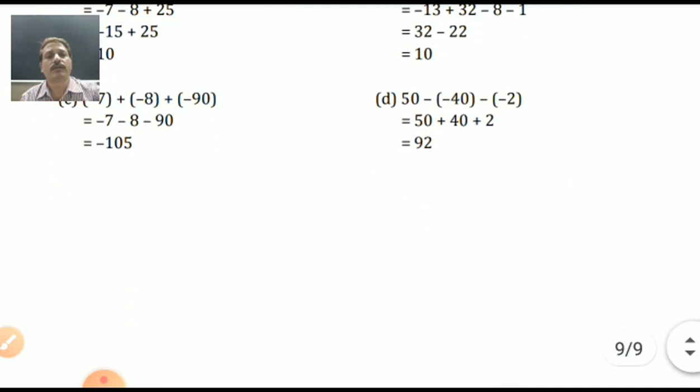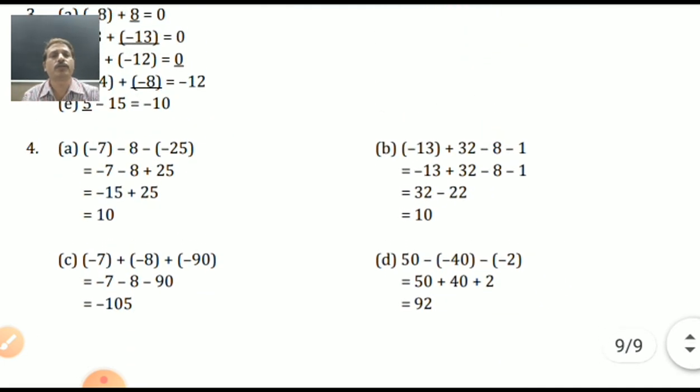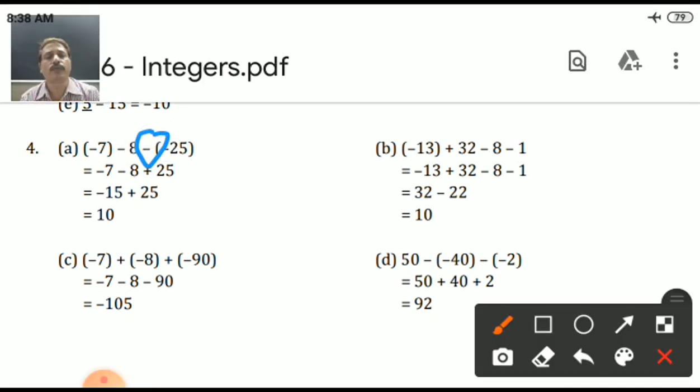Last answer, but be careful. This is a very important question. 3 numbers are given, plus minus. You have to keep it aside. Whenever the numbers are given in brackets and before them is a minus sign, you can make it a plus sign. Isn't it? Correct. Now, this minus minus 15 and 25. One number positive, one number negative. You can do subtraction. Out of 25, 15 went, 10 is the answer. But 25 has the plus sign. That's why the answer is plus. Easy?